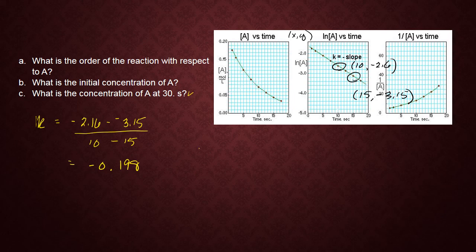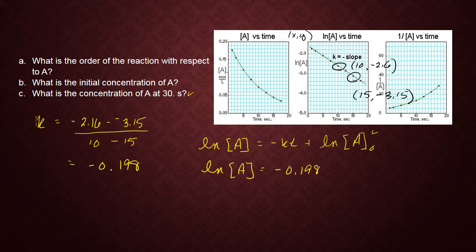We needed the natural log of A, that's what we're solving for, equals negative kt plus the natural log of A sub 0. And we already solved this a second ago. We end up with the natural log of the concentration of A is going to equal negative 0.198, and we're looking at time 30 seconds, plus